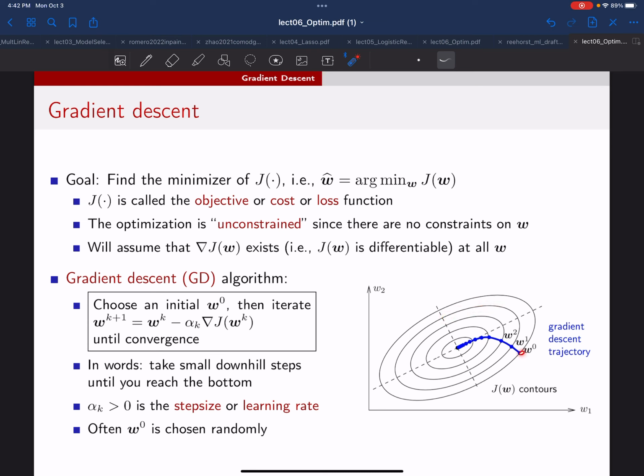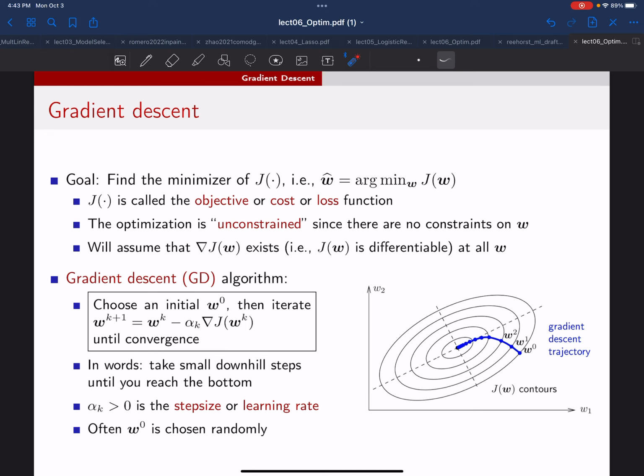So let's say we start here. The gradient is going to be always perpendicular to the cost contour at that point. So we move perpendicularly in this direction. Maybe we move that far. And then at the next iteration, we reevaluate the gradient. Now it's turned a little bit to the left, and we move a little bit more. And then now we're here. We again move perpendicular and so on. As you can see, we're curving in, and we're eventually reaching